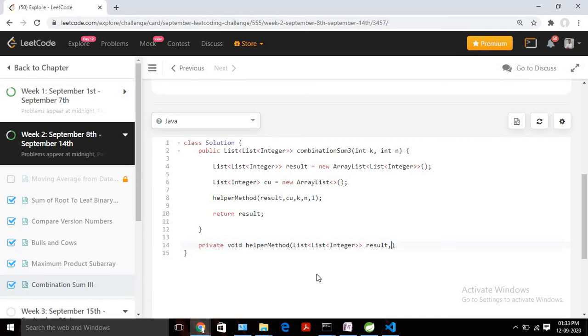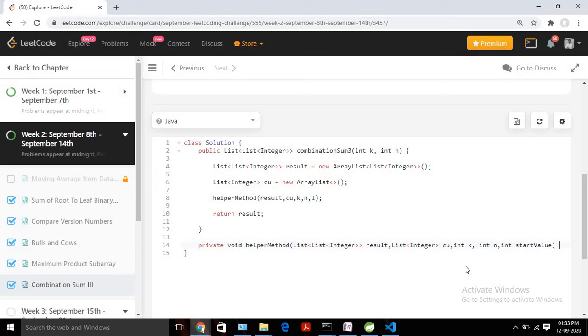Apart from that, we need to pass this current list, so let's add that also. List of integer cur, and apart from this we need int k and int n, whatever we are getting as input, the sum and total number of digits, and we are taking that extra start index, so let us name it as startVal.